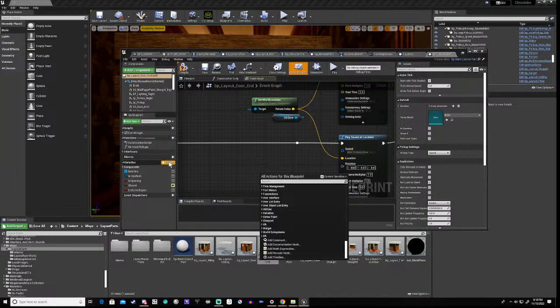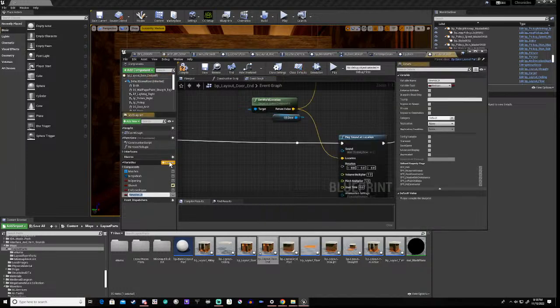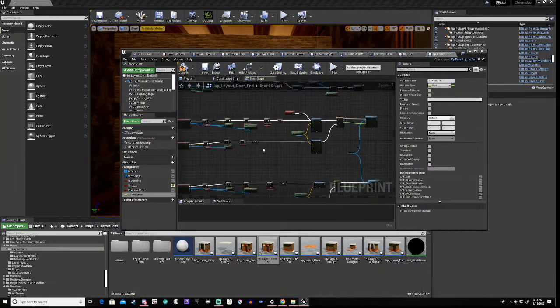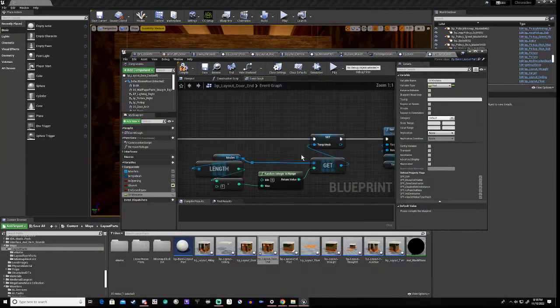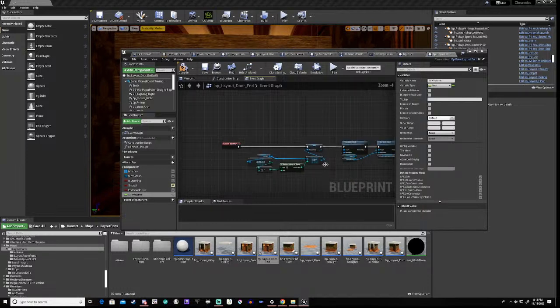So what we're going to do here is we're just going to say sound, actually we'll say SFX volume, and that's going to be a float. And